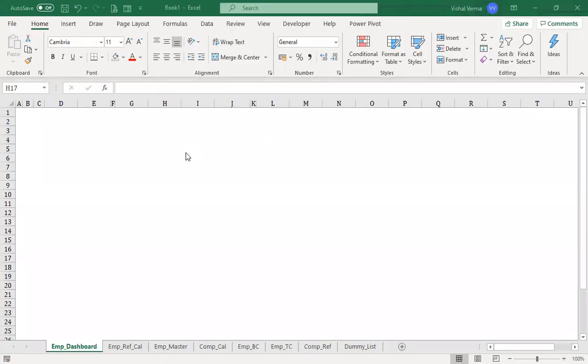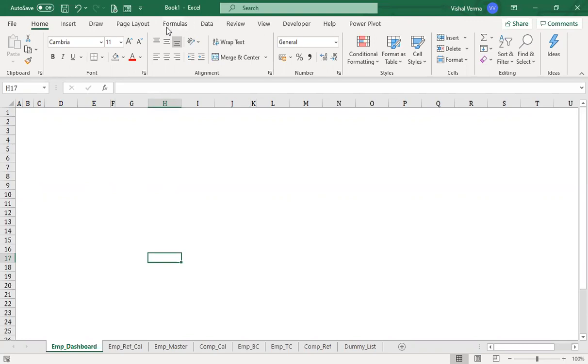So let's start with an open sheet. The first thing that we need is something to interact with the calculation sheet that will be working as a link with the dashboard. Because as we said earlier, we will not be making individual sheets, but there will be a sheet that will be linking to a particular employee.